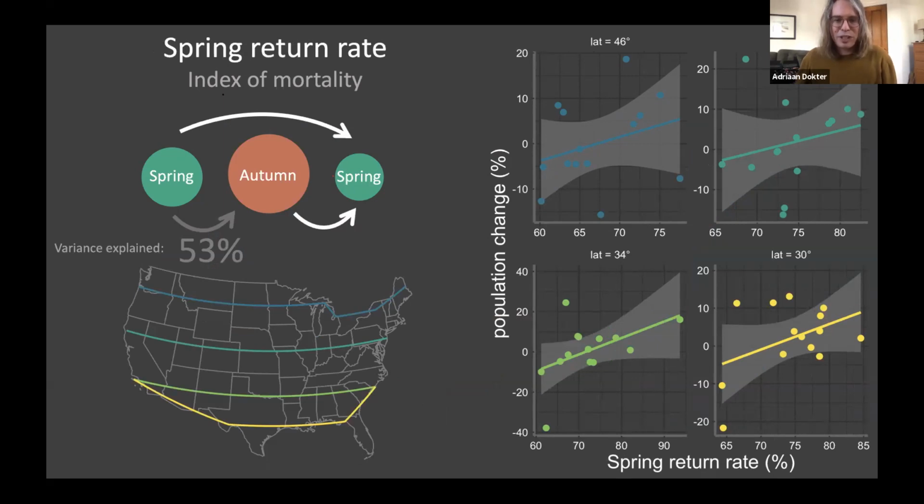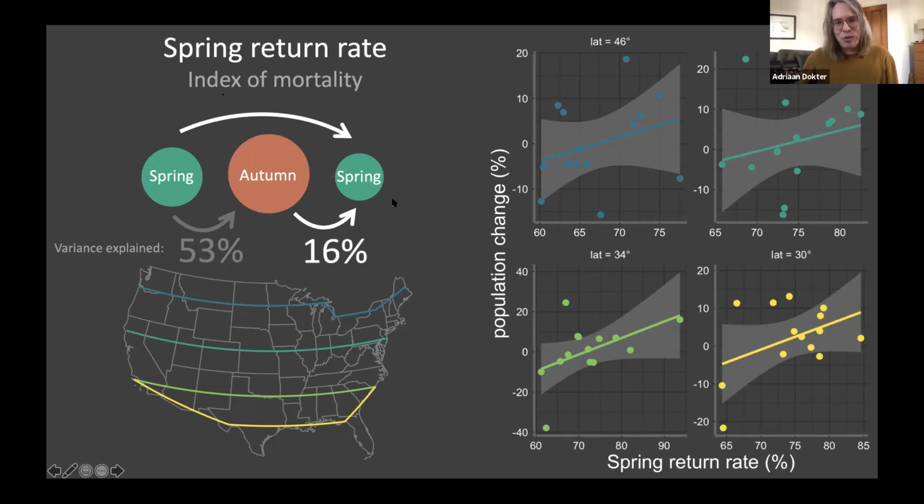How much of that demographic index explains the year-to-year transition in numbers of birds? And there we see that it's only 16%, so much lower. The reason is that if you have, say, for a given year, 30% more birds migrating south, typically we also see about 30% more birds coming back in the spring. And that rate doesn't change as much as we see in the spring.